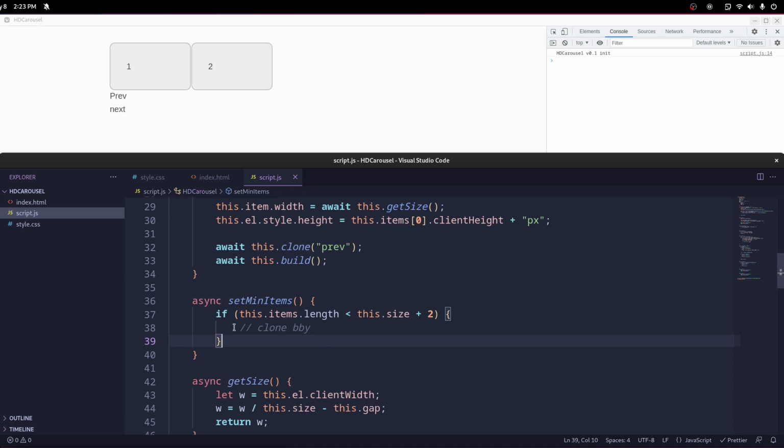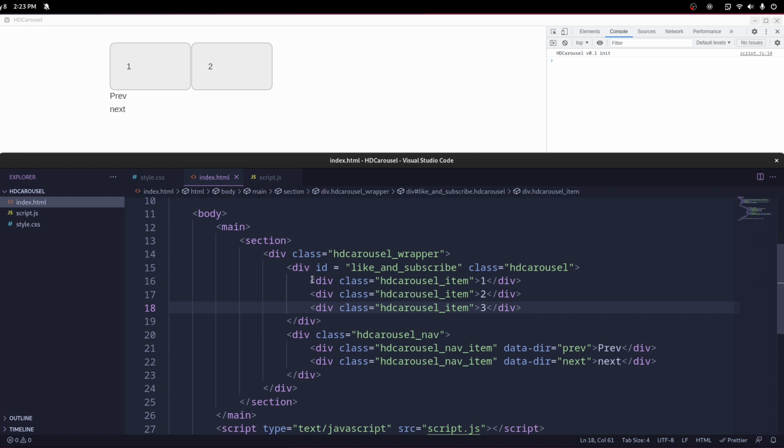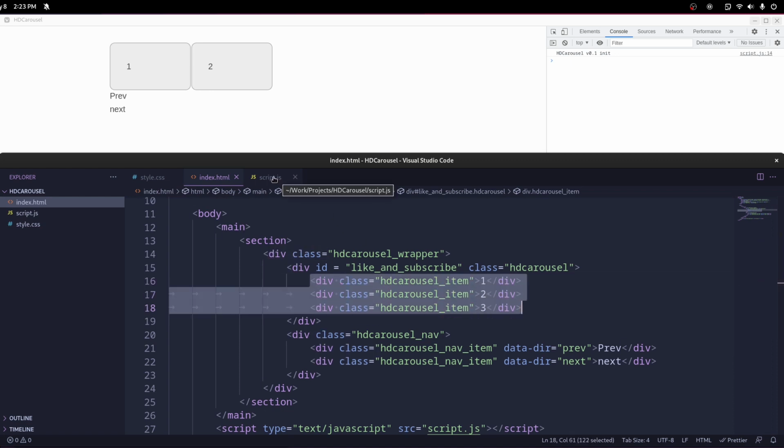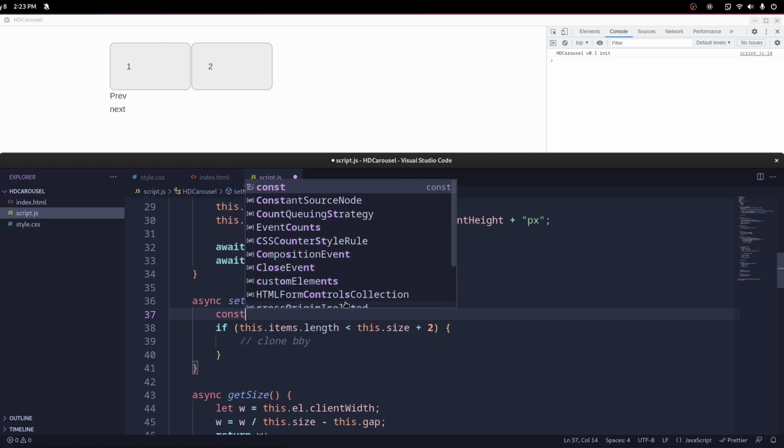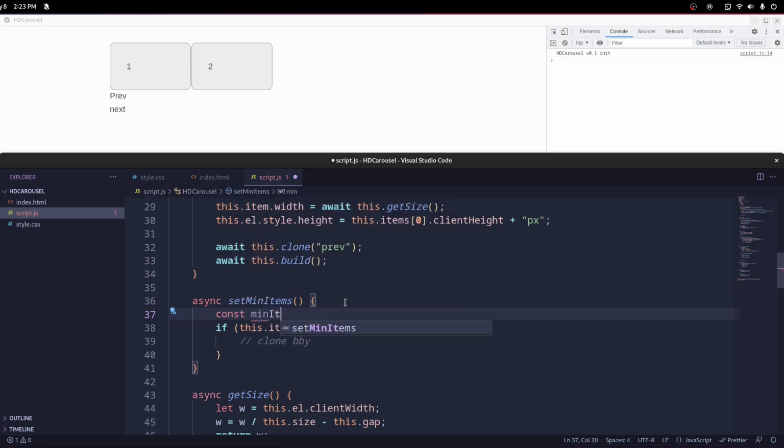So what we need to do is basically just grab all of the items and just clone them again. I'm trying to think of what the easiest way to do this is. I mean, I could loop through it, but doing a loop would actually cause a bit of an issue. And I don't know if I really want to do that. So I guess the first thing we want to do is say const min items equals this dot size plus 2. Sorry, plus 2. That way we just have an easier